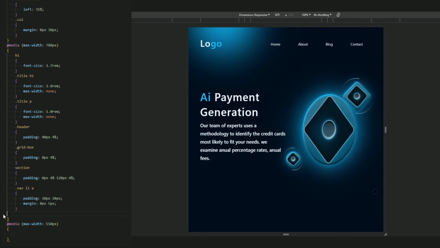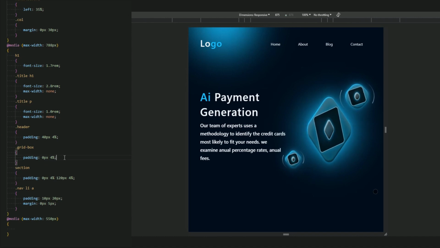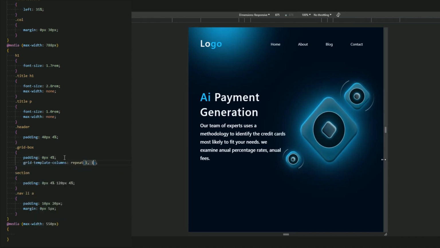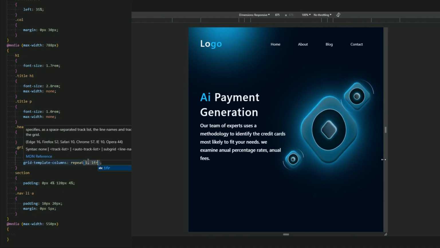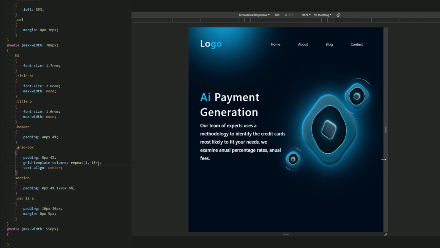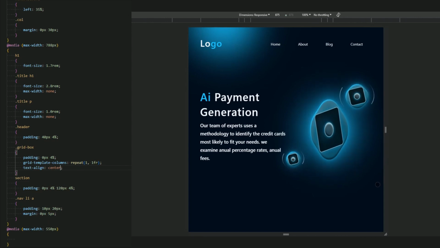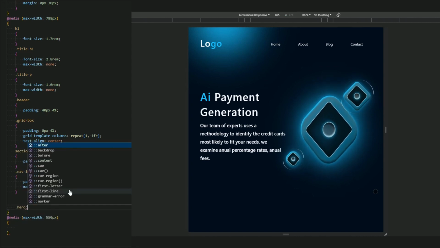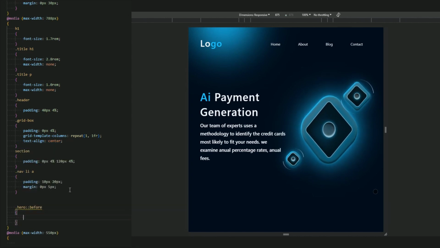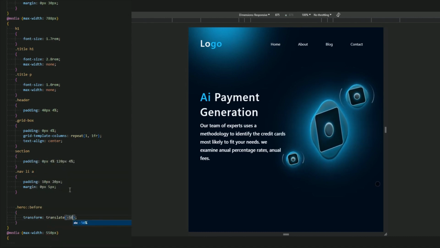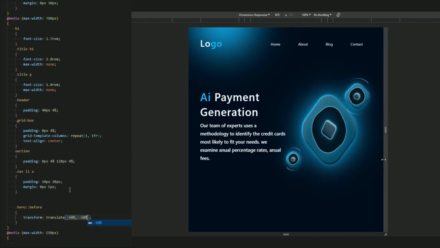I'm sorry. And now let me add this grid box, grid template column, set it to repeat 1 over to be in the next line. Okay, and the text align center now. Good. Now for the hero before, let me again resize it. Hero before. Resize it to transform, translate minus 50%, minus 50%, and the scale be